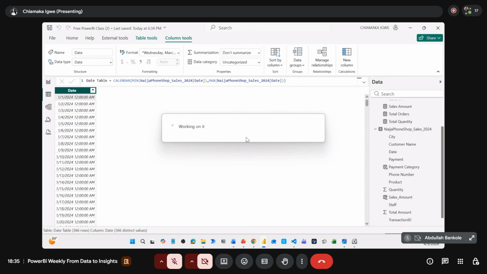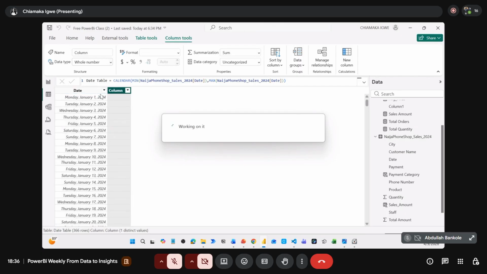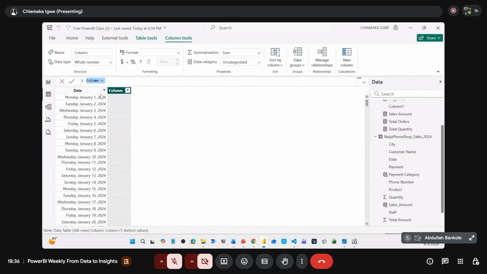I will need to add new columns to this. I'll need to add my year and month column as well. So I'm going to click on new column. But due to the fact that it's just 1 year, the year column is not necessary because we are just looking at 1 year. But if you have multiple years, you can add your year column. But for the sake of time, I'm only going to be adding my month name and month number. So month name